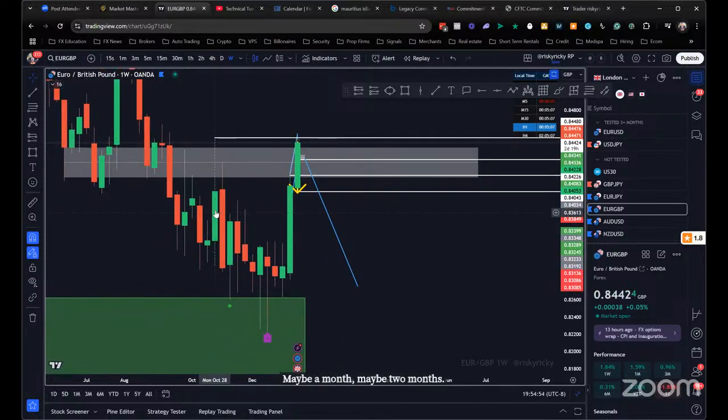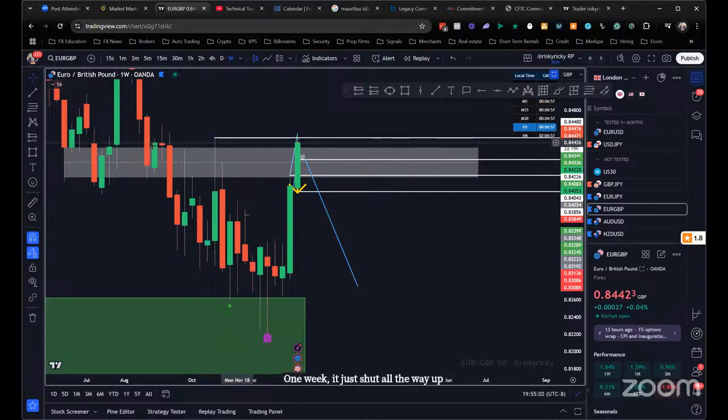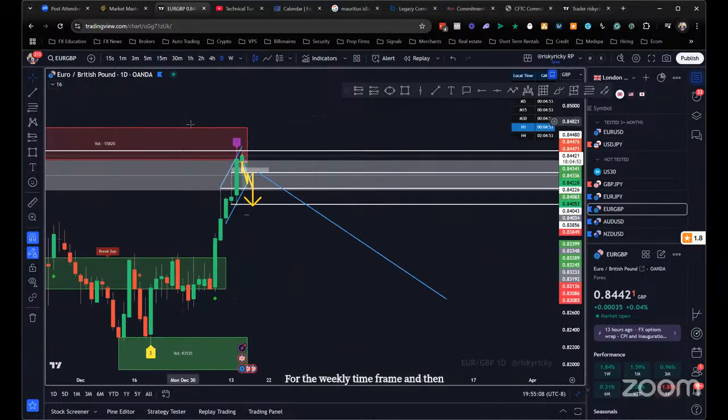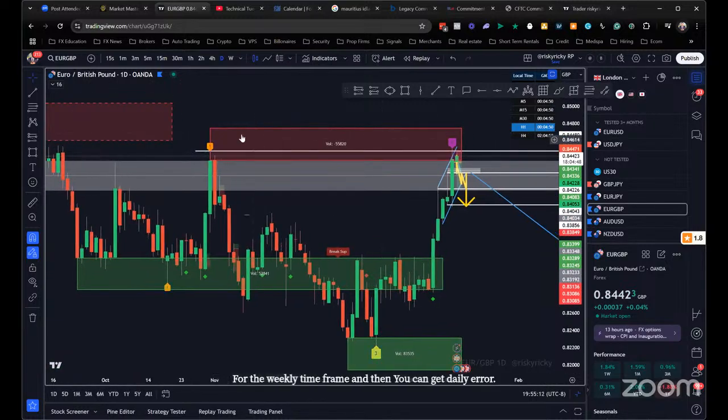Yeah, in this case over here, this wick that happened right here all happened in 1 week. 1 week, it just shot all the way up and brought the price back down. So definitely this area is a strong level of resistance for the weekly time frame, and then you can get daily area. See, this area right here where we see this volume,